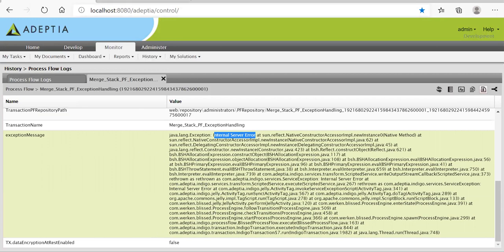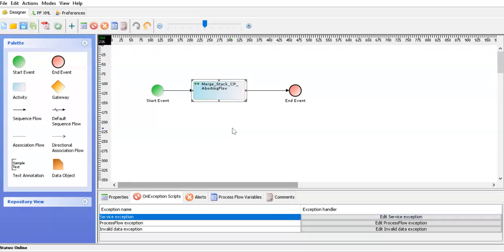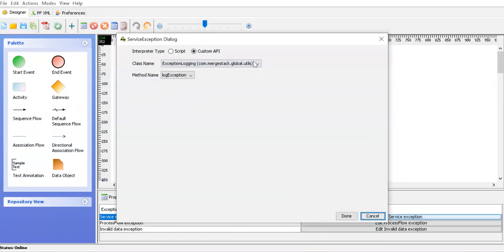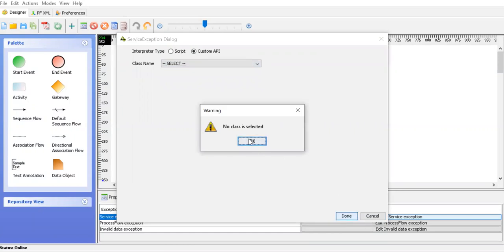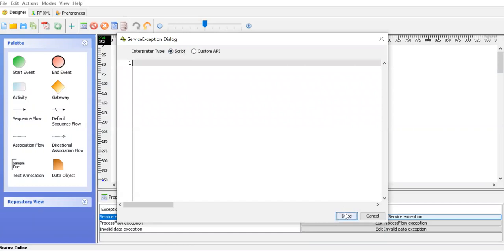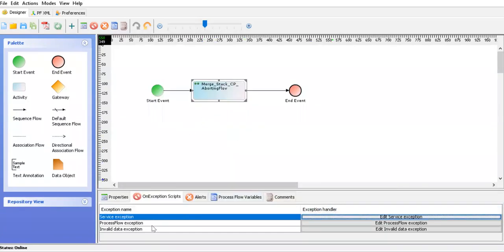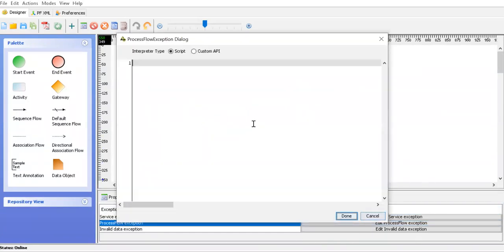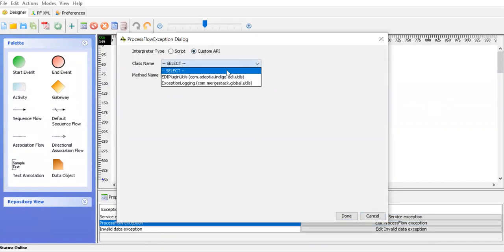So let's go back. We have configured this on service level. Let's remove this from here and save it. Now let's go to the process flow level, because I wanted to show the difference.